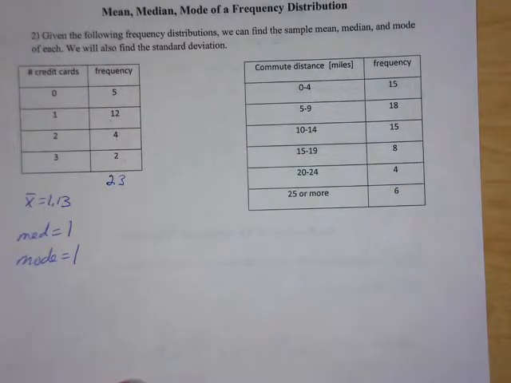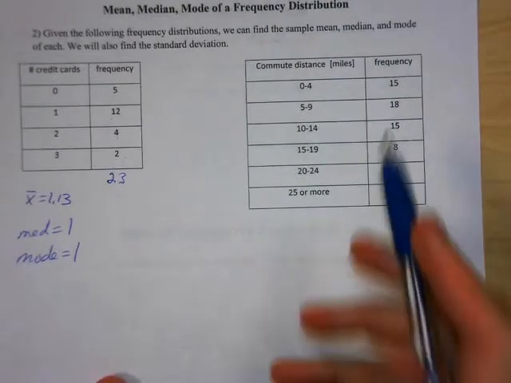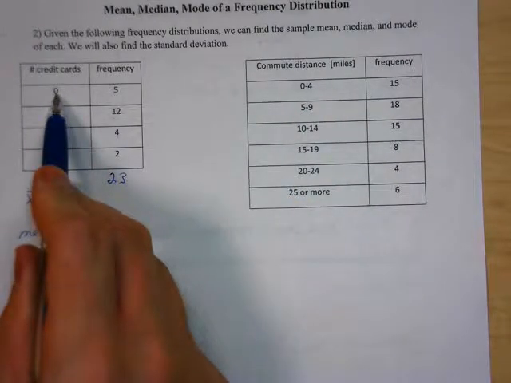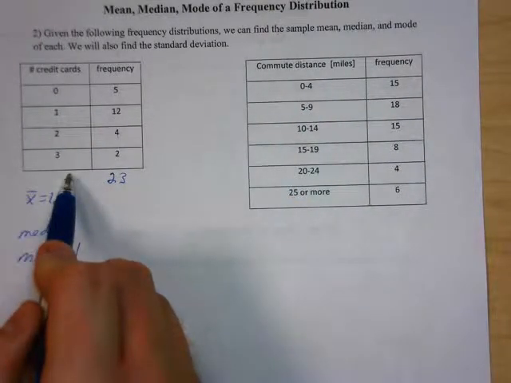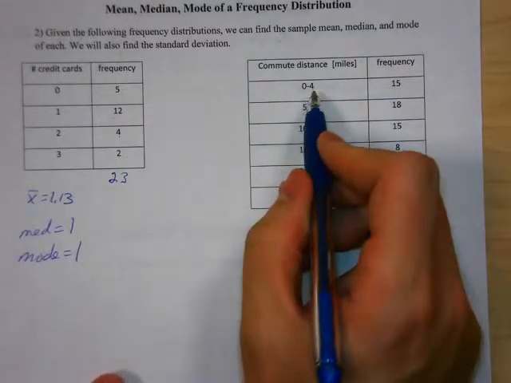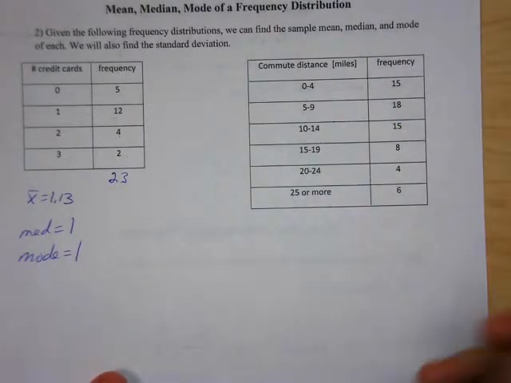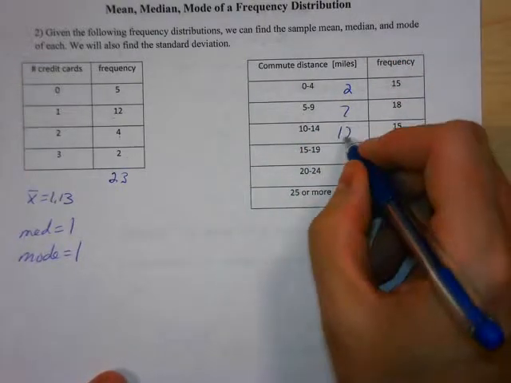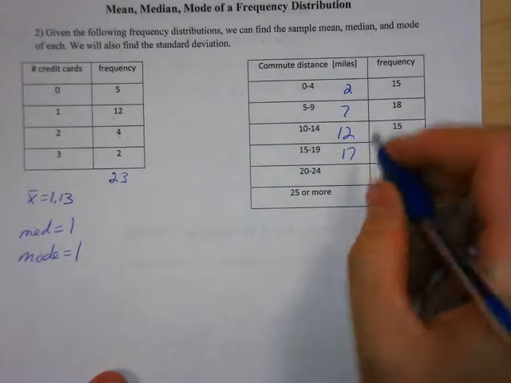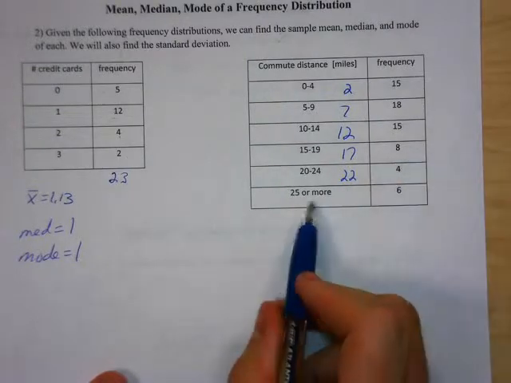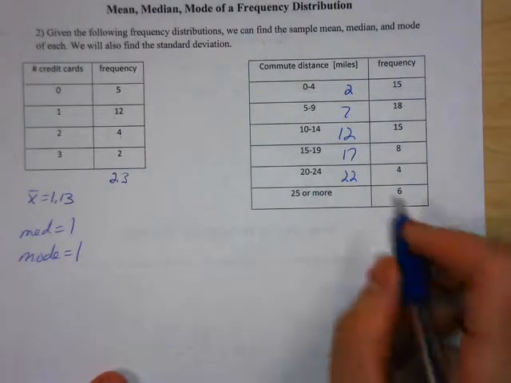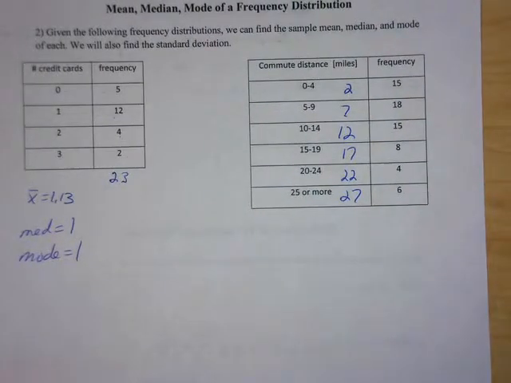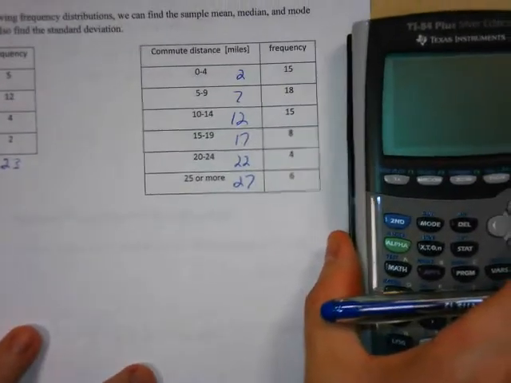Okay, so what we have is now we have intervals instead of discrete numbers, 0, 1, 2, 3. So what we do is we can't put intervals in our calculator, so we use the midpoint. 2, 7, 12, 17, 22, and then for 25 or more, we just stay consistent with the pattern and do 27. Okay, so in our calculator,